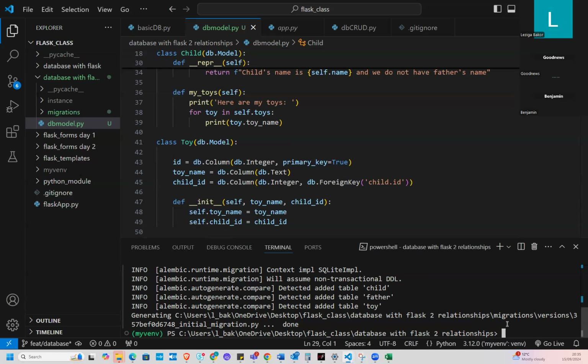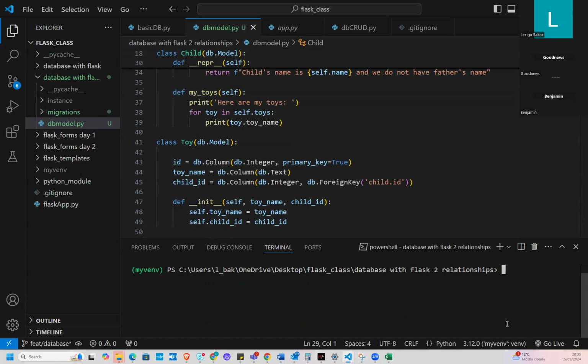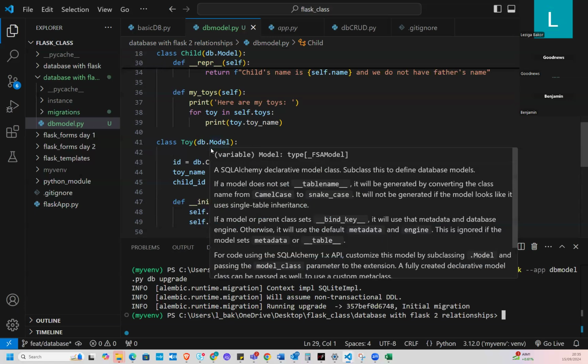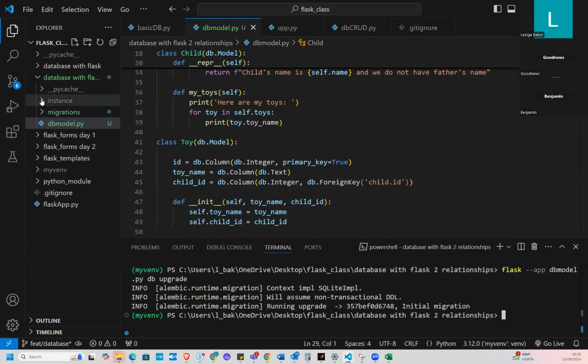Now, after the migration, the last step, let me first clear the screen. You can now say Flask db, and I have to put the app, db model.py. And then this one now is db upgrade. So this should complete it. So that's it. I've migrated it and upgraded it. Now what Flask has done is effect all of this into the database. So you find the database here in this instance,